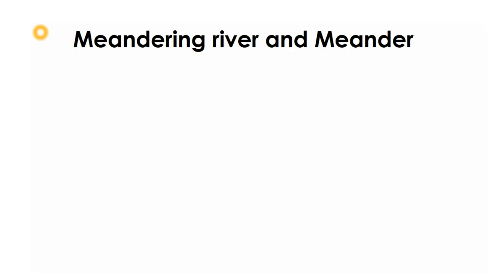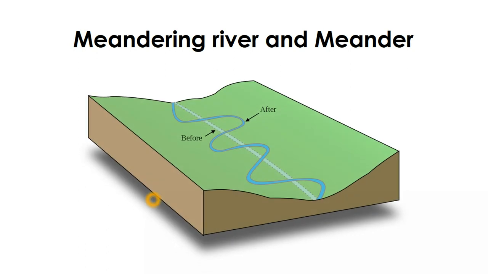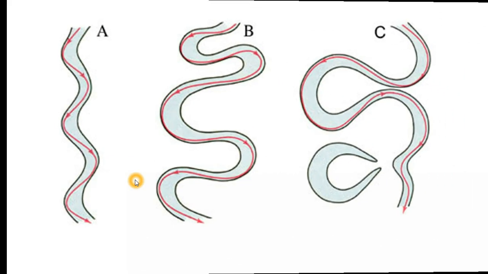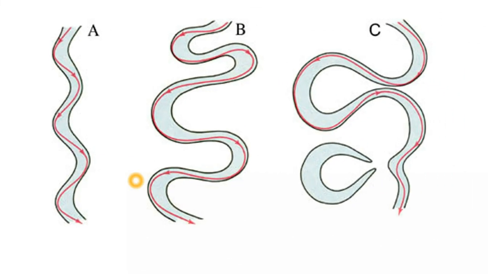Another topic associated with this one is meandering of a river and the meander. We have studied this in the lower classes, the same thing. Meandering is nothing but the bending of the river. We know that a river initially flows in an almost straight line, and slowly it changes into meanders. These loops are called meanders, and the process is called meandering, and later on sometimes the loop will get separated and become an oxbow lake. So these are the stages of the formation of a meander.